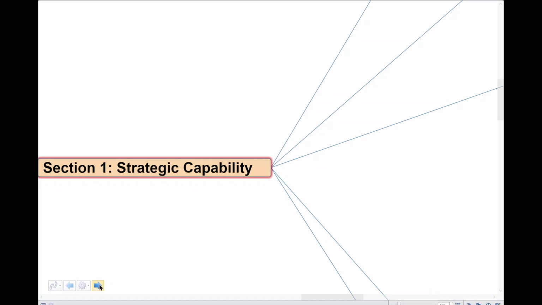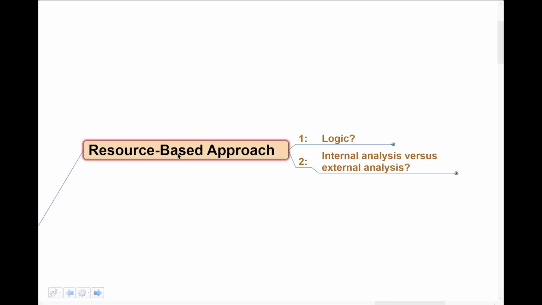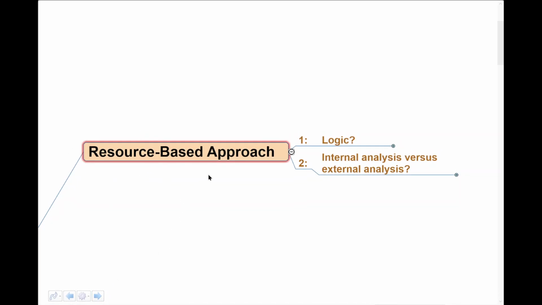First area here is strategic capability. The emphasis in this chapter is, if we're thinking about the internal workings of an organization, we're really thinking about the resources that it has. And this particular approach is really another approach to strategy formulation. In other words, this is a way in which businesses, if they leave aside the ACCA model or the three-part model, analysis, choice and implementation, and indeed the other models associated with forming strategy, the emergent approach, etc., could consider this approach.